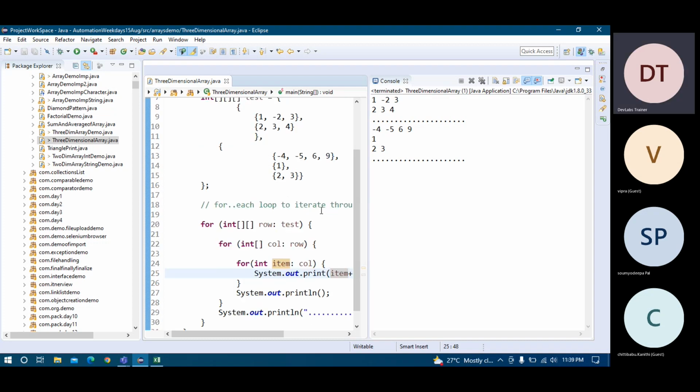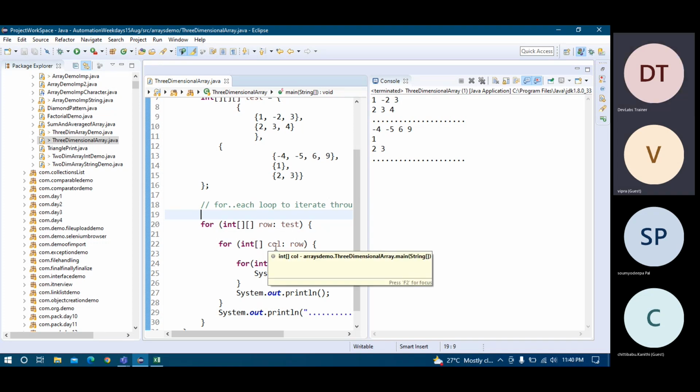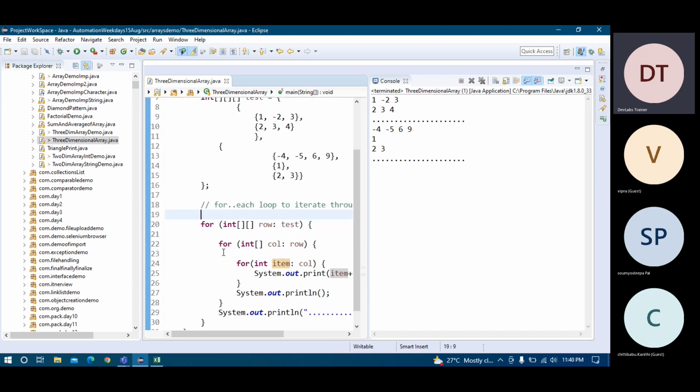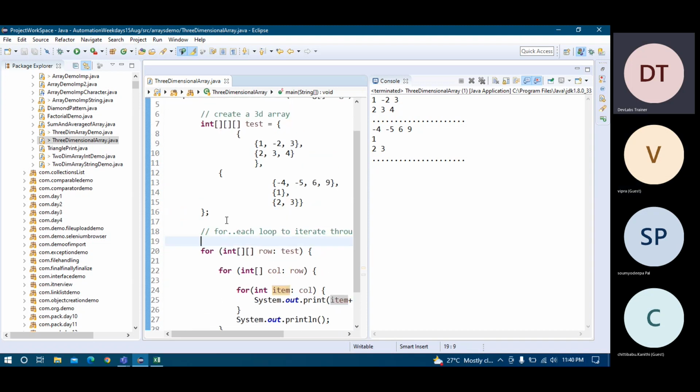Which one is more easy? You think of that perspective and try to use it. I just showed the ways you can use it. Tell me, which one is easier? First one. The first one is easy to understand because it is index based. And this is the advanced for loop. You pass your table name and create a local variable, that is row.